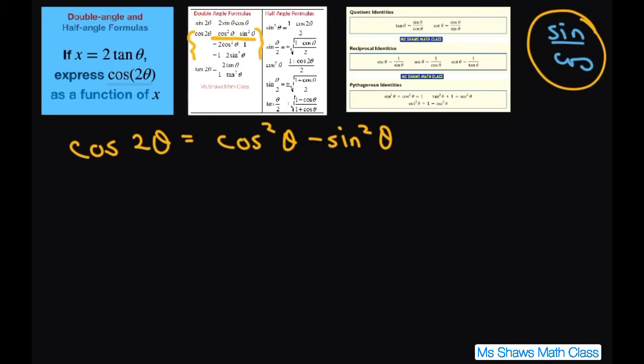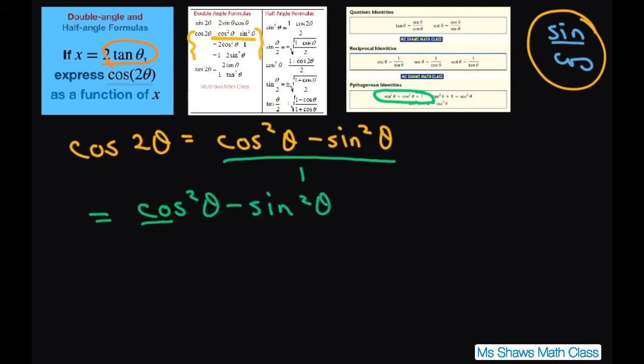Now, we've got to get 2 tan of theta out of all this. So we're going to build. It's almost like working backwards when you're doing identities. So what I'm going to do is divide this by 1. If I divide this by 1, my Pythagorean identity is 1 equals sine squared plus cosine squared. So I can write this as cosine squared of theta minus sine squared of theta divided by